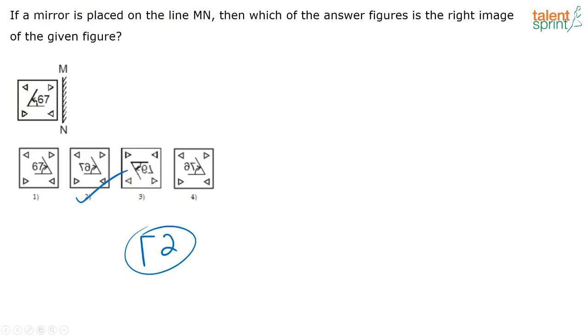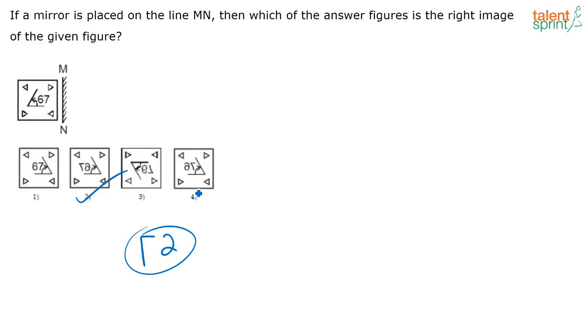See, when you place a mirror towards the left or the right of an image, the right hand side and the left hand side of the image will interchange. Top and the bottom will remain the same. So when we do that, this 67 is going to appear like this. If you look at the options, there is only one option in which 67 appears like this, and that is going to be option 2. You can also imagine it as if you are seeing 67 through a mirror. That also will help you get the answer. Okay, so option 2.